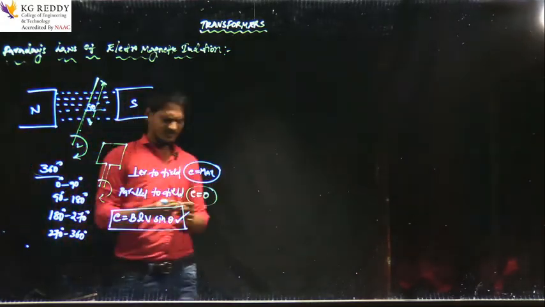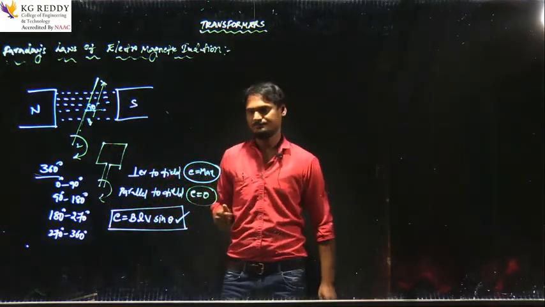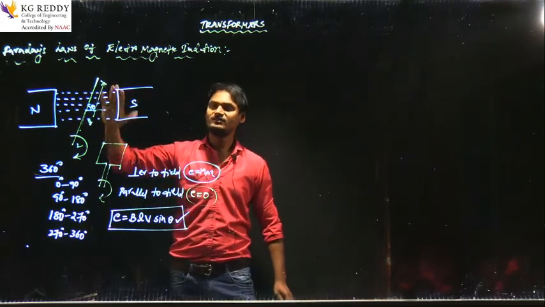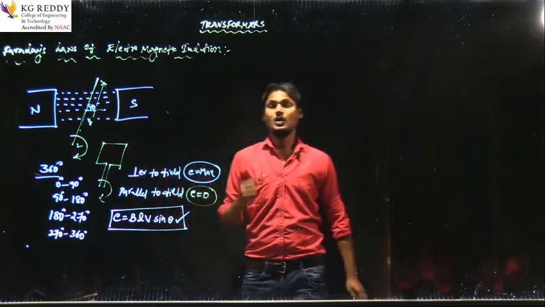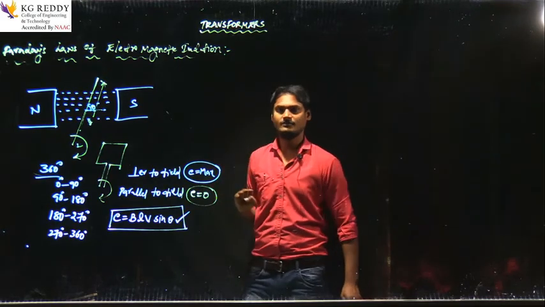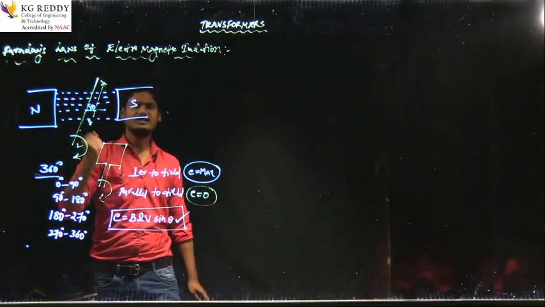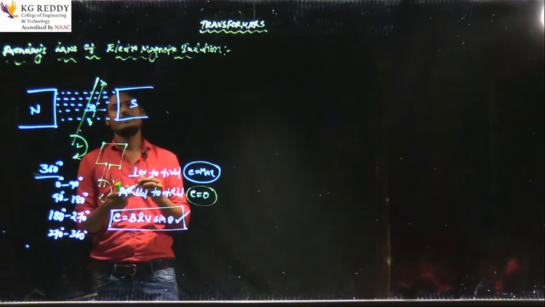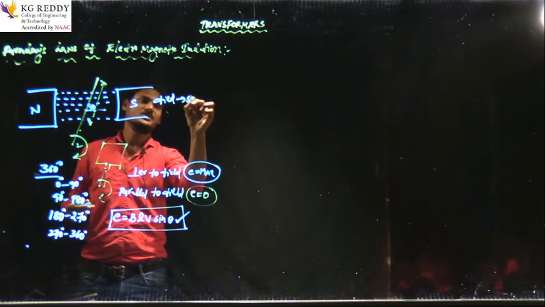Now, if you see guys, here the conductor is moving with some velocity and EMF has been induced. Whenever this conductor is placed stationary and the field is in moving condition, how the EMF will be induced, that is the case we are going to see here. Okay. Now, in this case, the conductor is rotating with some velocity and the field system is stationary. Is it clear? So, let me write here. The field is stationary here